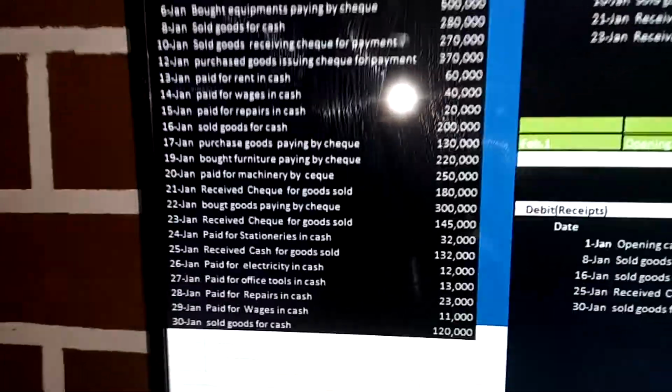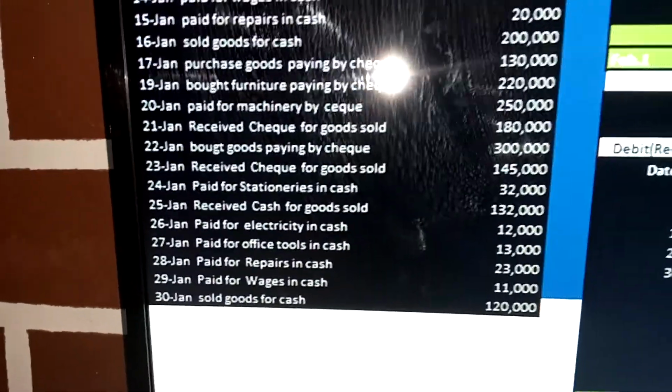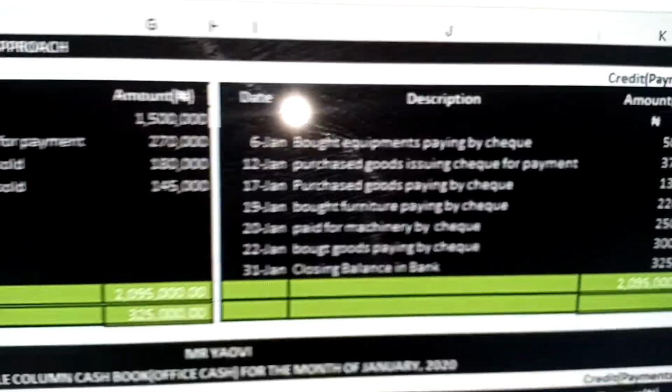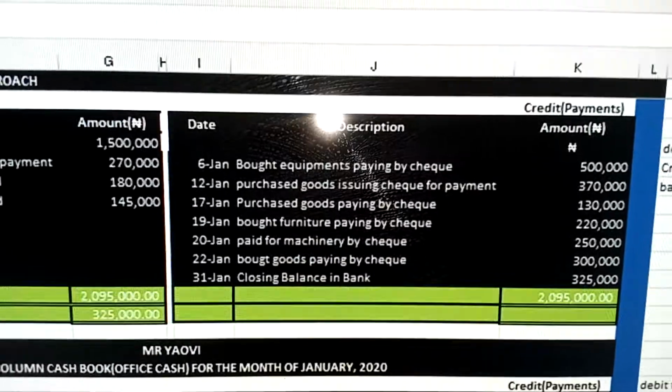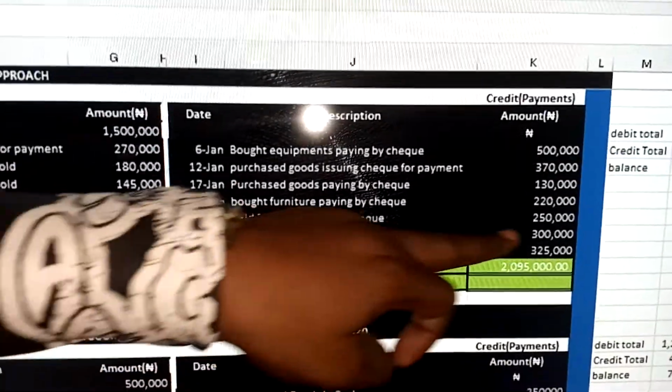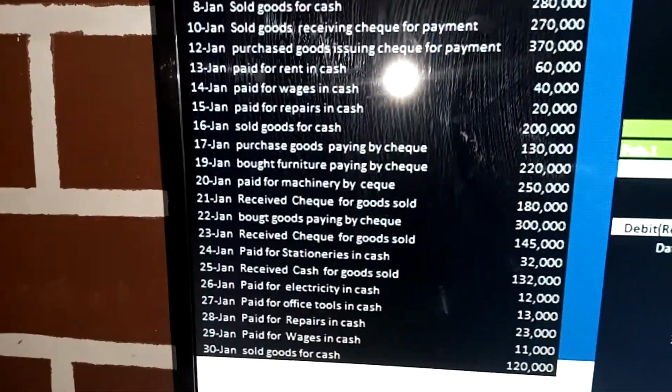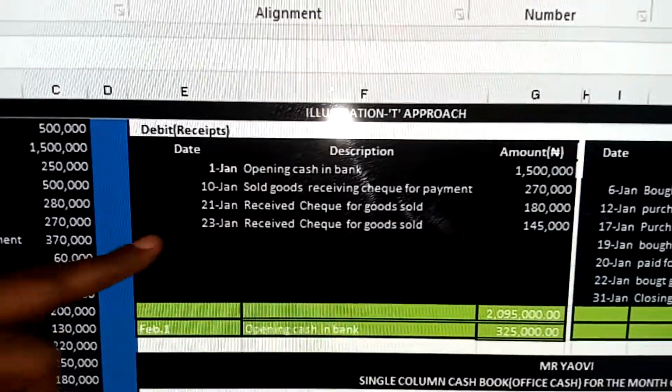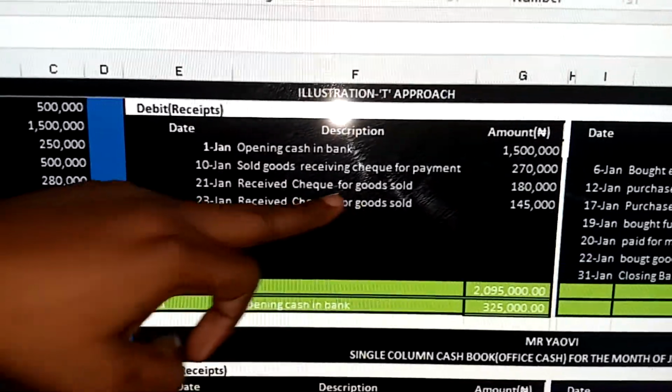180,000. And then 22nd, bought goods paying by check. It's the bank side, as you can see. So 22nd, bought goods paying by check, 300,000. And then we have 23rd, received check for goods sold. That's a receipt, and that's bank column. As you can see here, 23rd, received check for goods sold,